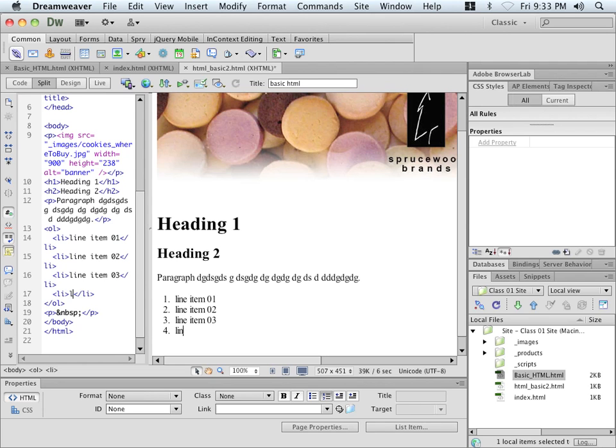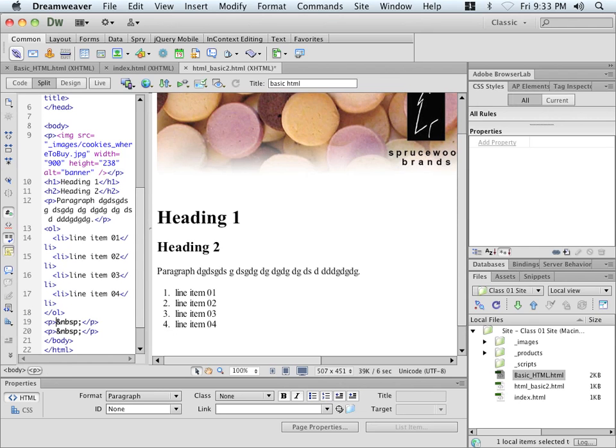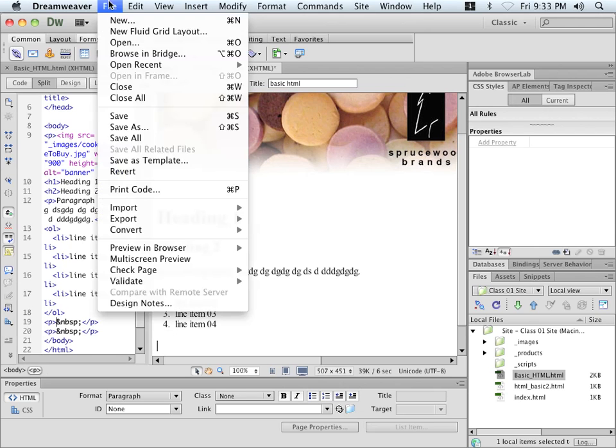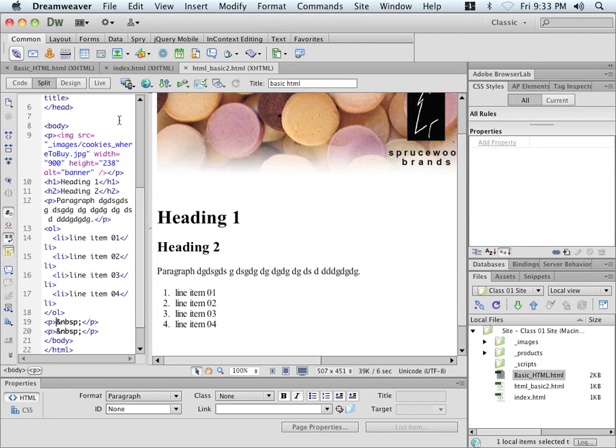And I'll just type in line item 04. Now to get out of this, I just have to hit my return key twice. Boom, boom. And you saw it created a 5, but then when I hit my return key, it deleted it. I'm going to save my file again. So that's the ordered